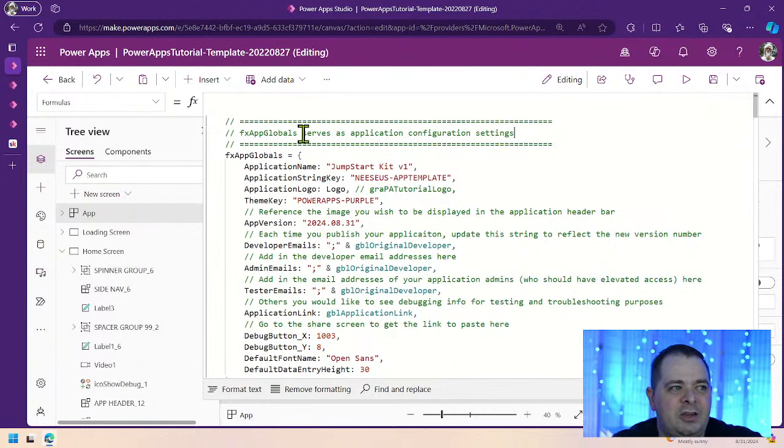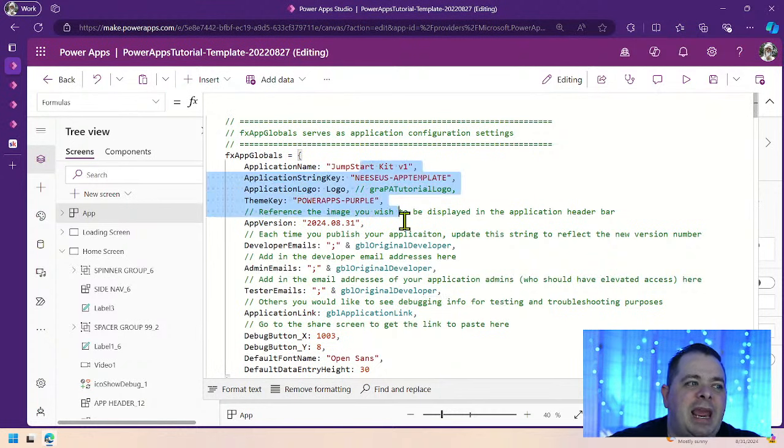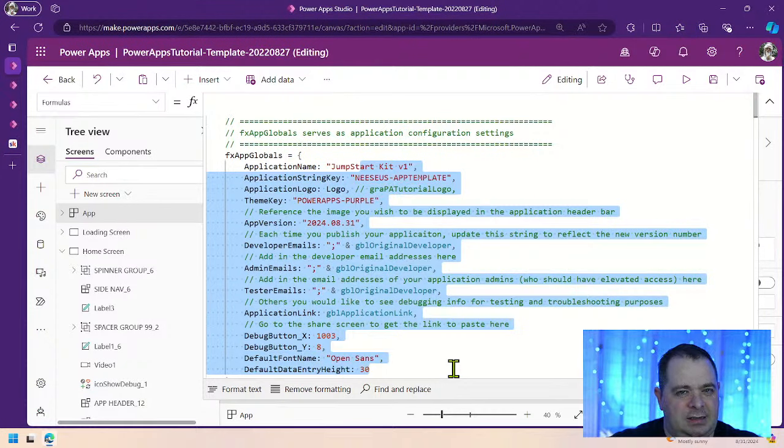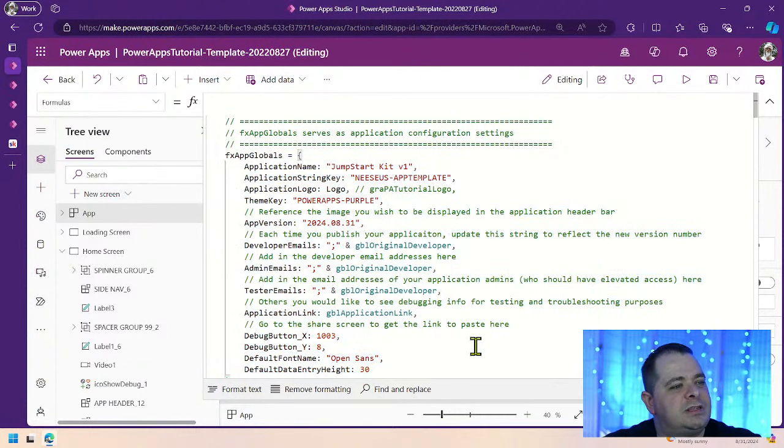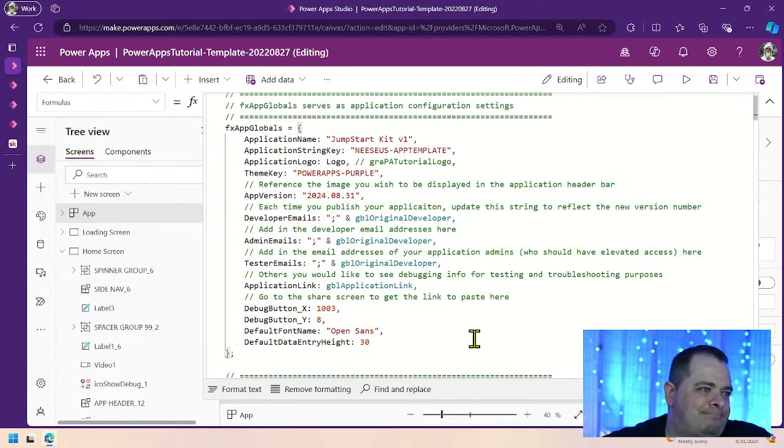The important thing that you need to ask yourself is, do you ever need to change this while the user is using the application? If the answer is yes, you're going to have to use a global variable, because